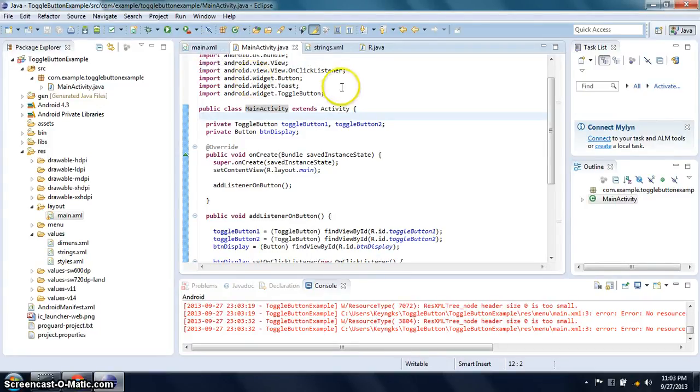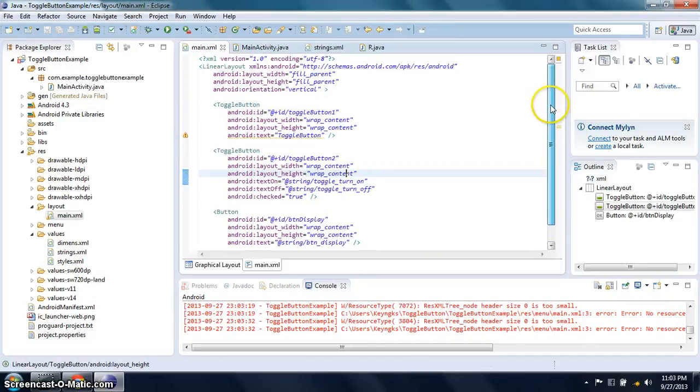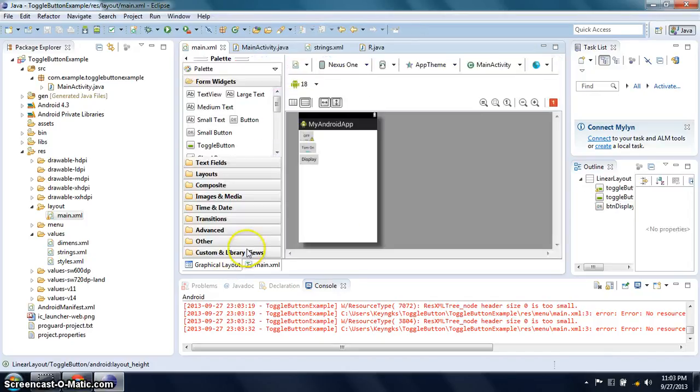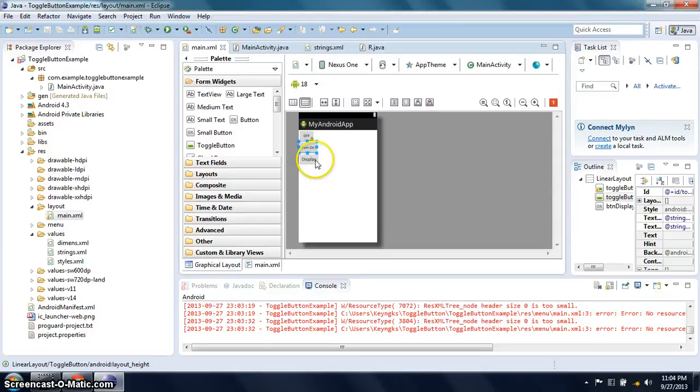Once you have fixed the errors, go back to the main.xml, then press the graphical layout. You can notice that the buttons are in vertical.